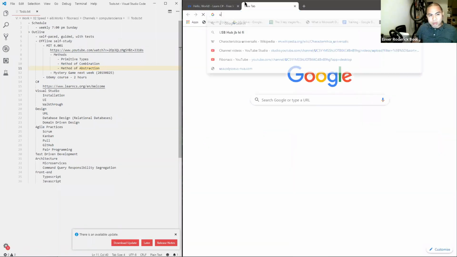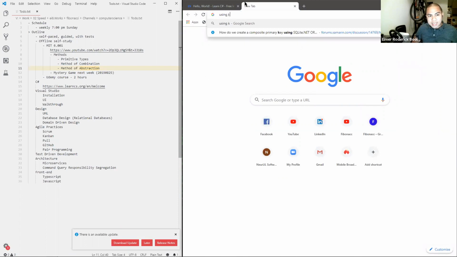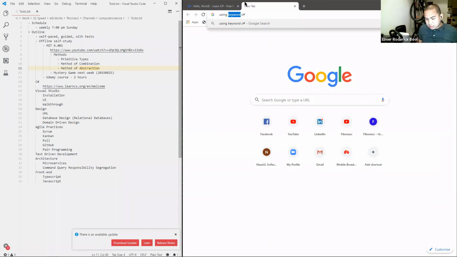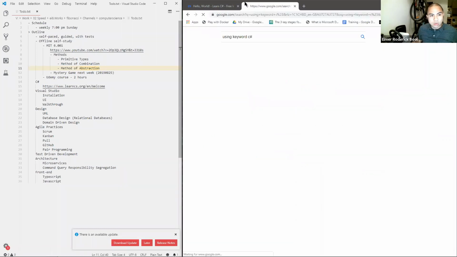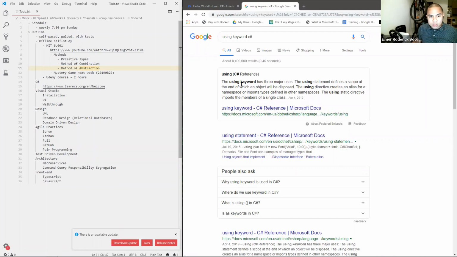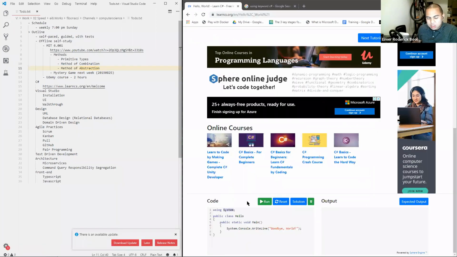So if you want to get more information about that, you can just Google using keyword C#. Right? So always use keyword when you're looking for something which is construct in C# language. So using has three major uses. It calls a library, and you may use it to import types and other namespaces, and so on. But you don't need to get deep into that for now. To keep it simple, you can just think of it as a way to call libraries or to call external components, right? So it's just saying that whatever code that follows uses pre-existing constructs in this library,